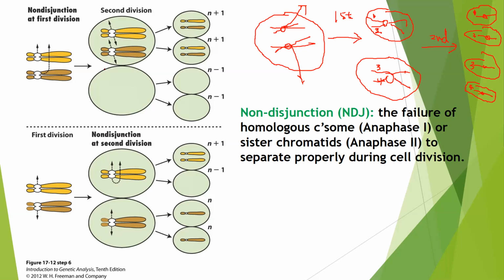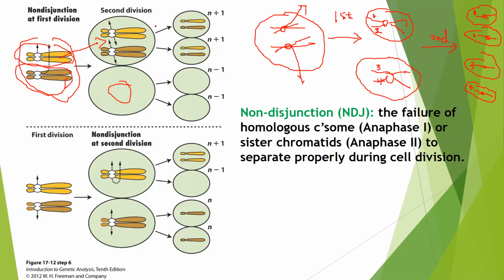Okay, now let's see if non-disjunction occurs at the first division. So these two do not separate. They come together into this cell, leaving nothing in this cell. Is that right? Yes. Okay. So this is how the non-disjunction occurs in the first division, because these two homologous chromosomes did not separate